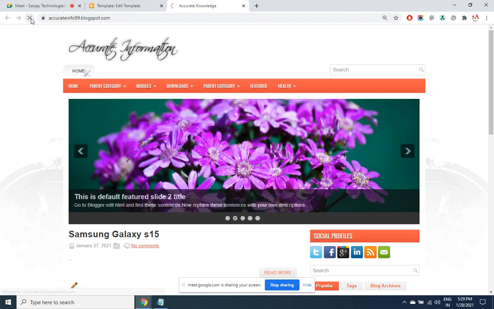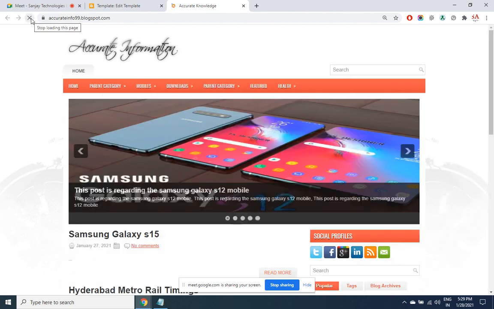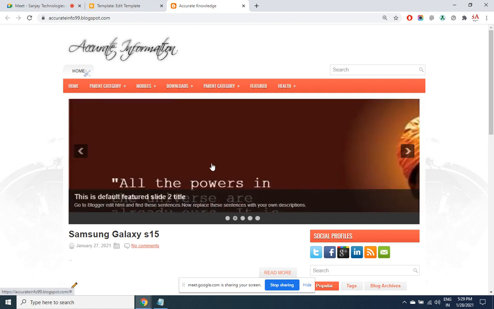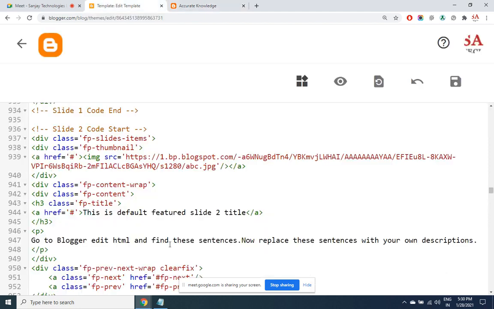Now that I refresh, so this is where the image is, but the image we have taken is too big, but the slider dimensions are very small. So what you can do, have the dimensions.